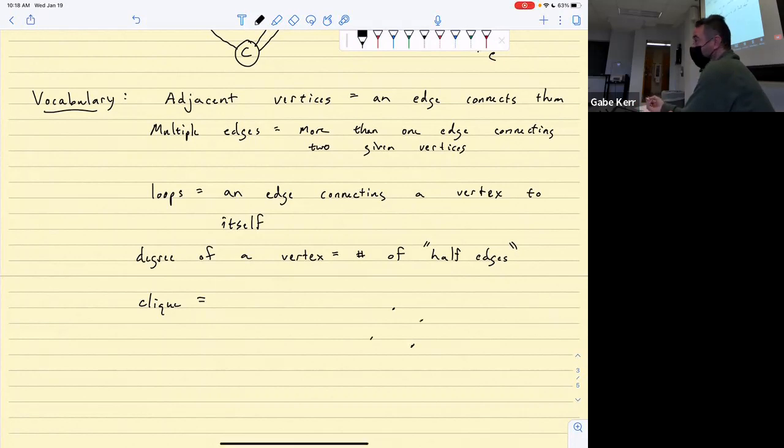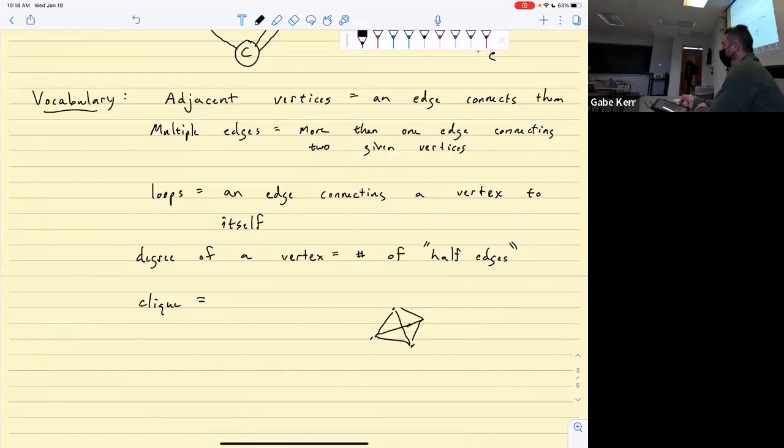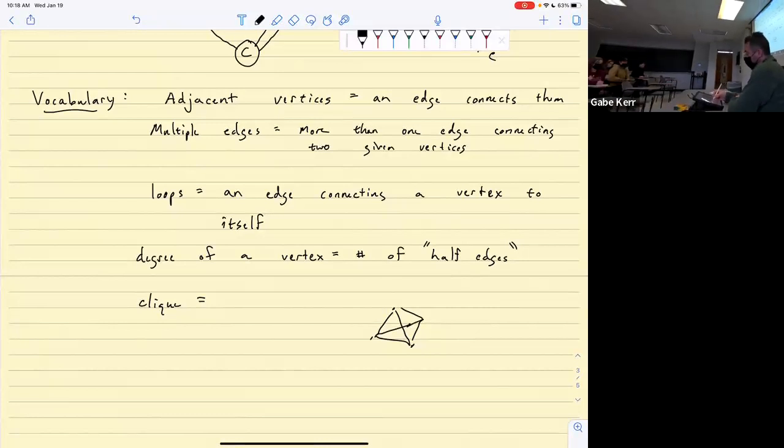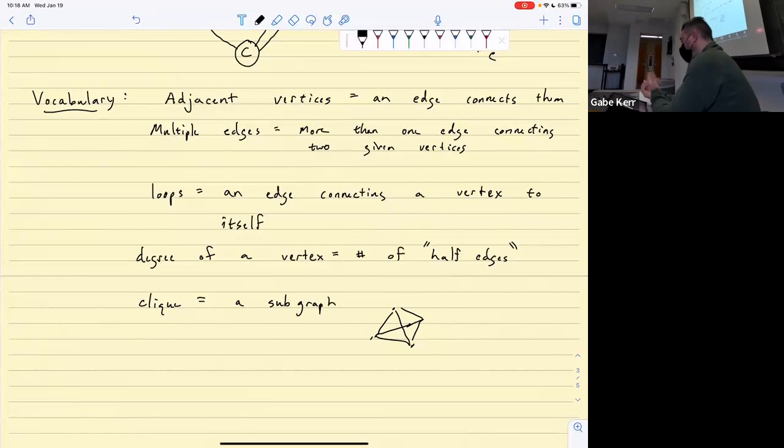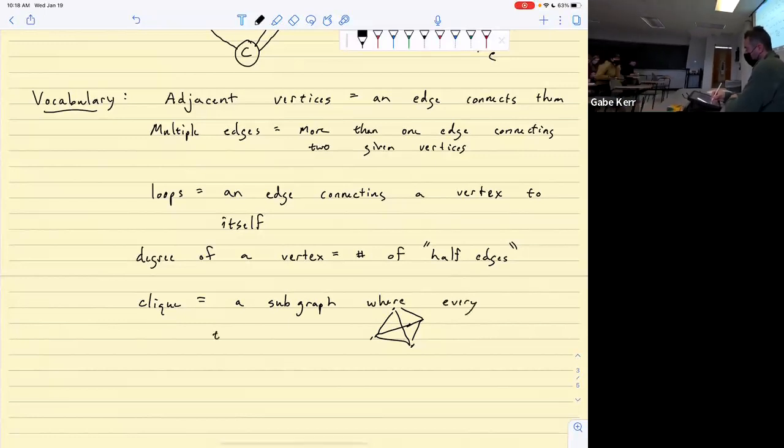So let's say there are 4 friends, and when I draw an edge, that means that they're friends with each other. 4 people. Edge means friends with each other. So this is a clique. All of them are friends. So this is a subgraph. Subgraph meaning a subset. Hopefully subgraph makes sense to you. If not, then we'll talk about it.